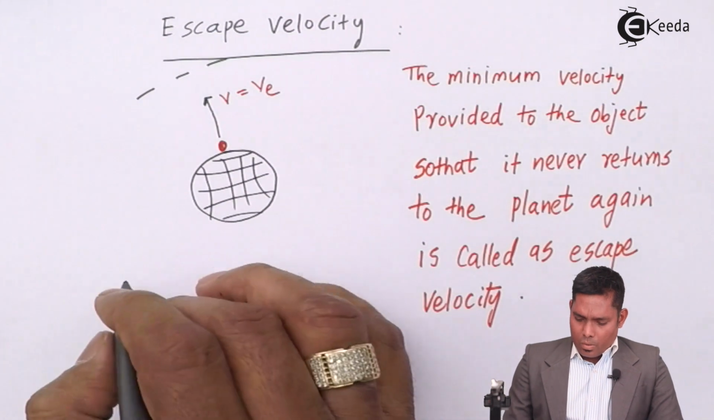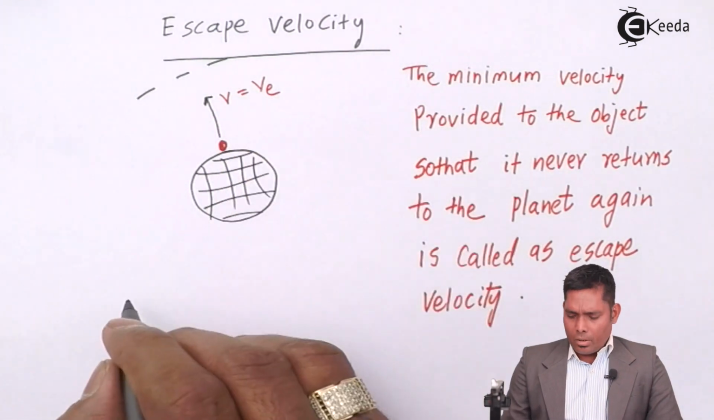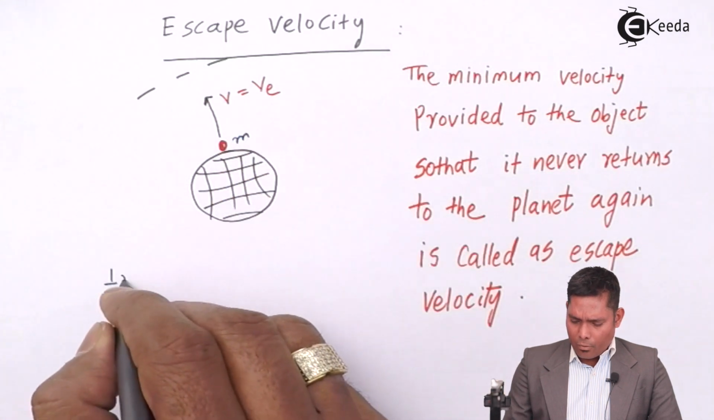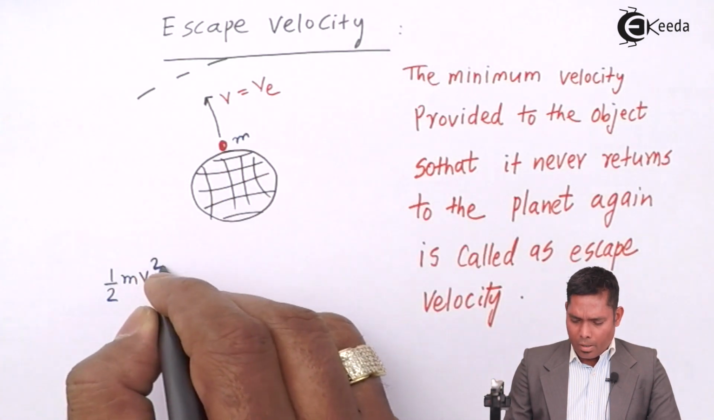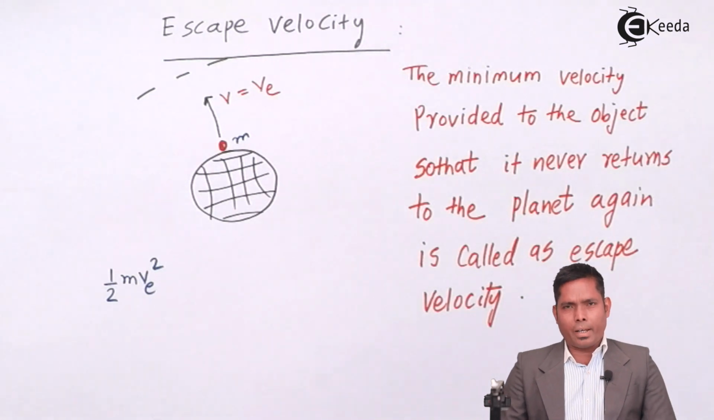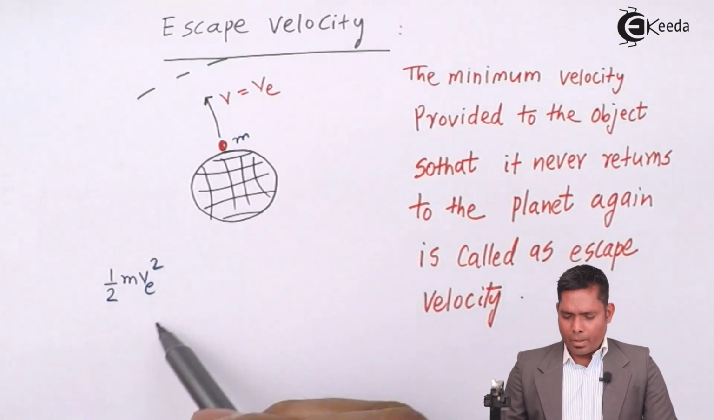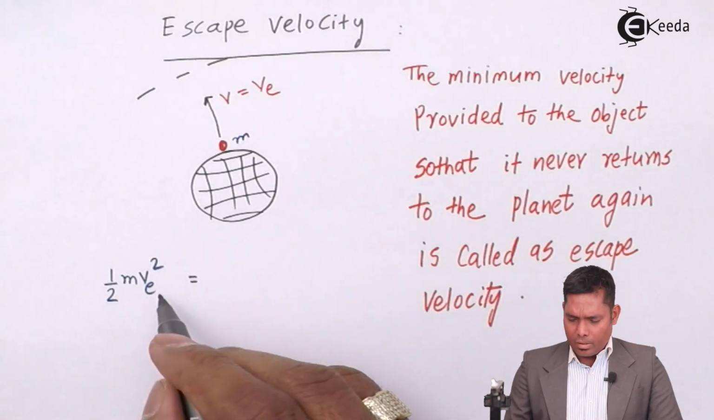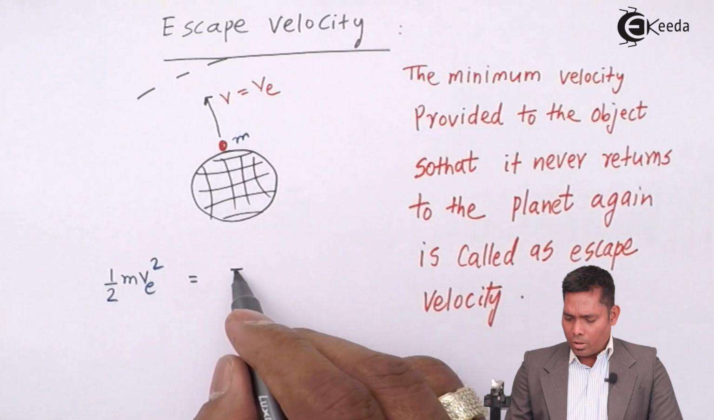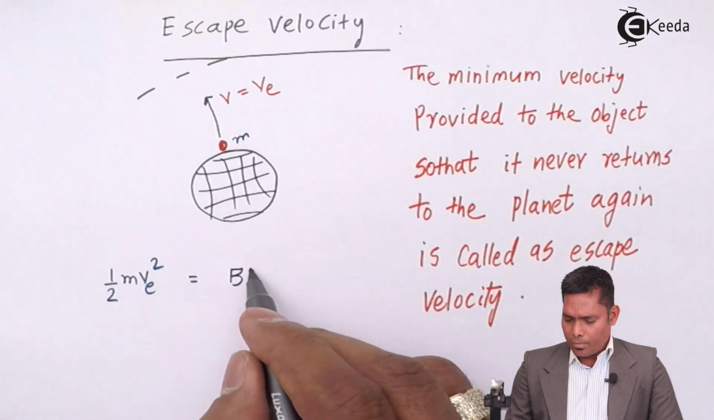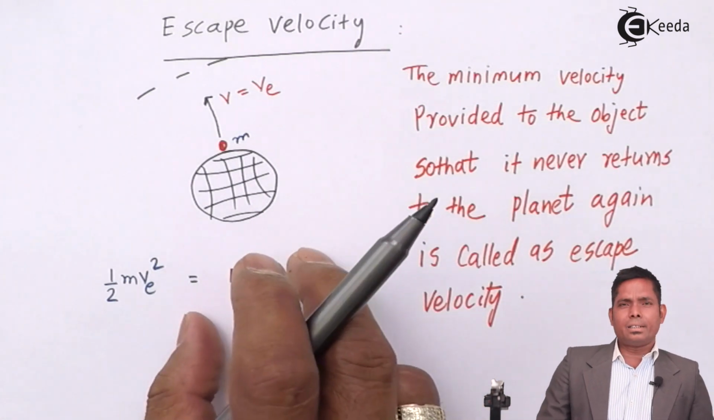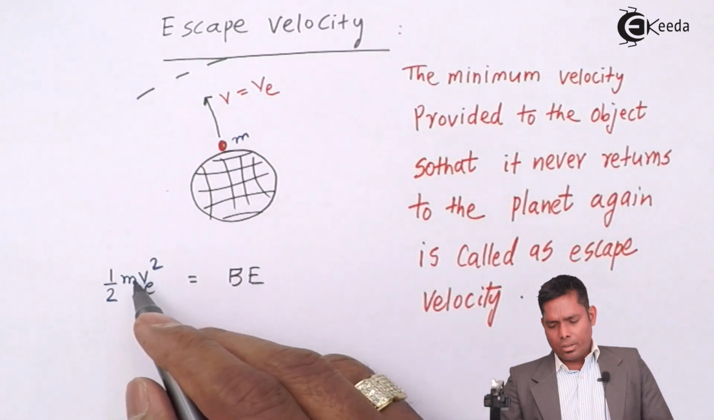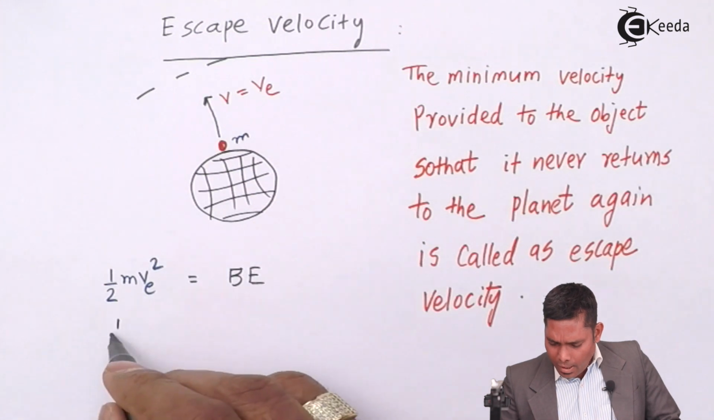So now I provide v, and the mass is m, so its kinetic energy will become half m v square. I provide that velocity in the form of kinetic energy. This is the energy I'm providing so that it will never come back. And that energy must be equal to the binding energy, because binding energy is the energy needed to make it free, and this energy is provided in the form of kinetic energy. So equating that, I have